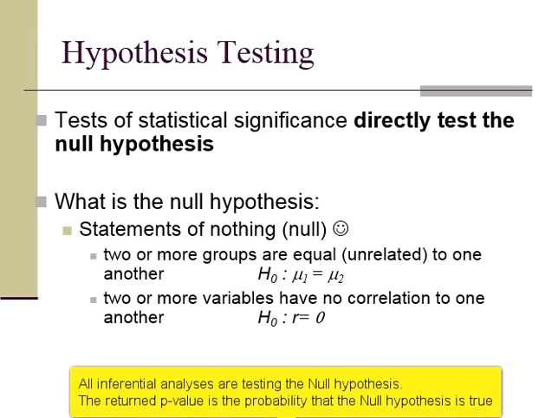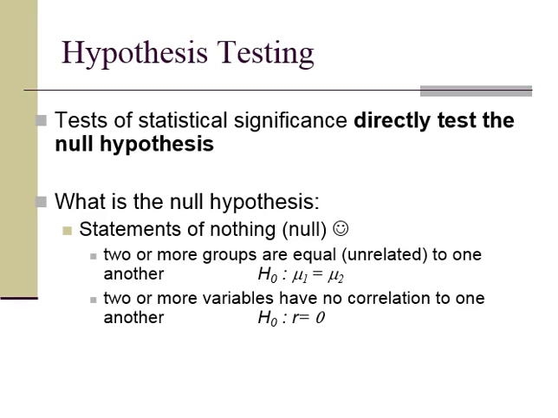Okay, the null hypothesis really is the statement of nothing. That's why it's called null, kind of like dull, right? It means that if you're testing for differences, the null is that there are no differences. If you're testing for relationships, it means that there are no relationships. If you're testing for some sort of a linear model, it means there's no linear model that can be constructed, right? So that null is referred to as H sub naught. This is incredibly boring to consider, but it's really important because this is what the p-value is actually reporting. It's the probability that this nothingness is true.